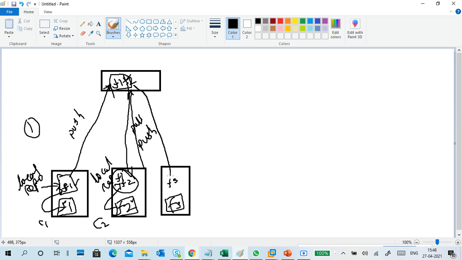Same thing. First, I'll pull the configuration to the C3 PC, and that will get F1, F2. In local, I have an F3. Then I will add the F3 to this local repository in my system. After adding all the files that I develop, I will push to central. Now in central, F3 is there. Okay, like that.